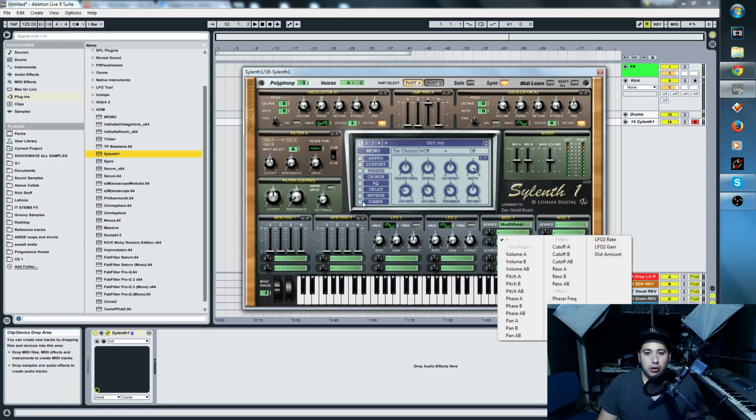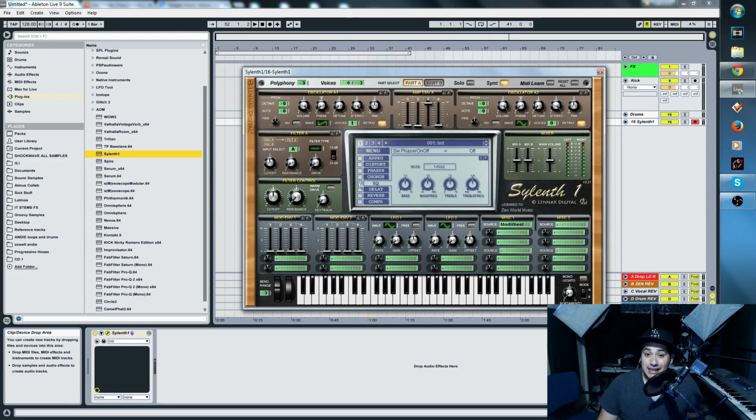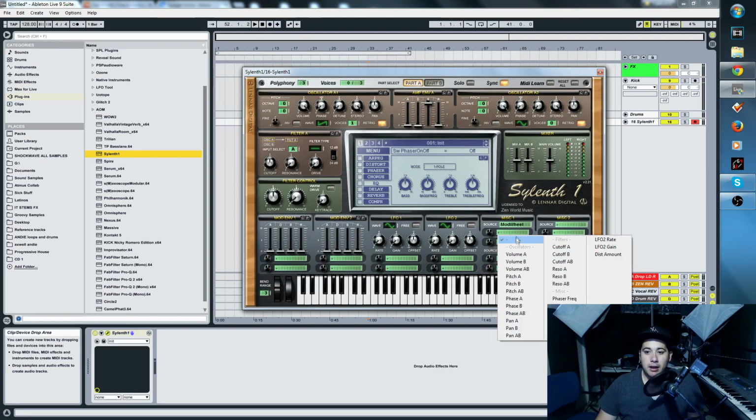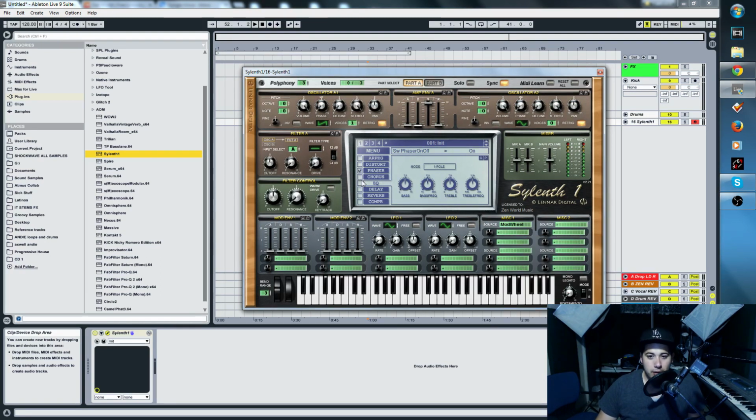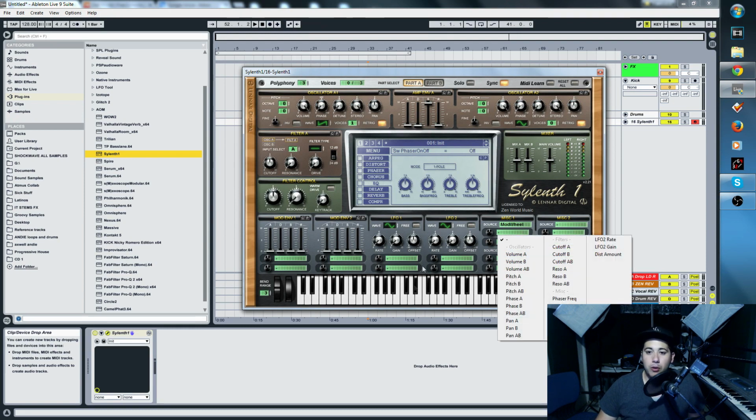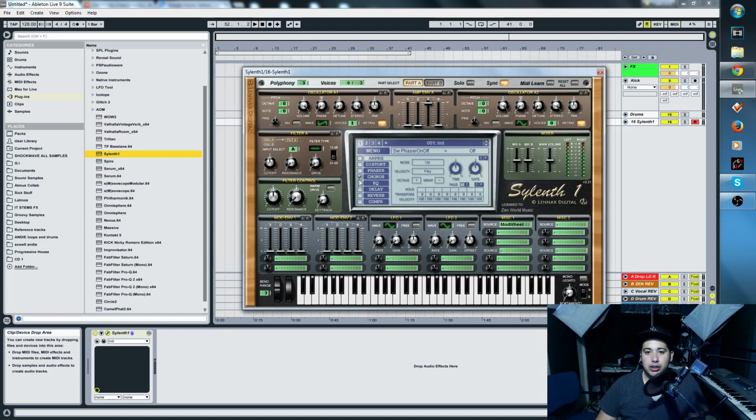If I wanted to make this effect like the one from Insidious, I've made an effect like the one in Insidious. If you guys have seen those scary movies, there's like some strings. I've made the synth version of that, but one of the problems is that I can't even send it to one of my movie producer friends because I'm gonna have to tell them, you're gonna have to automate this. If Sylenth1 allowed me to route my mod wheel to some of the parameters in here, I could just tell them move the mod wheel up slowly to increase the effect of that. So one of the things I would like to see is the ability to route envelope, LFOs, and mod wheels